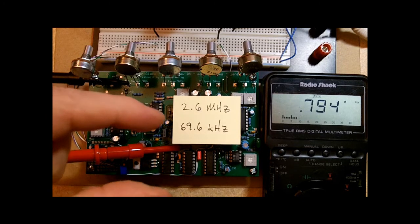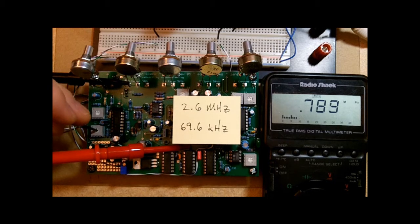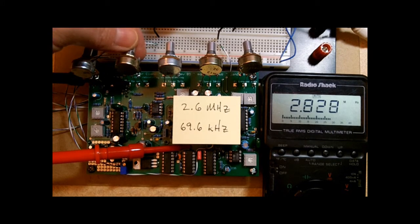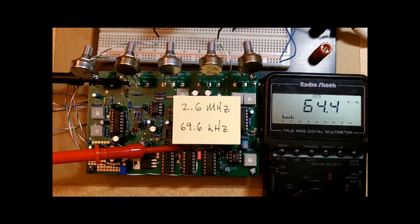Okay, now that's going to move whatever the range is, it's just going to move everything up. And I'm going to turn it up, and we can see the meter's responding. I'm going to overshoot the 2.6 a bit because I know I'm going to have to change the range as well. Okay, I'm going to go to about there, and I'm going to turn the manual down to 0 and see how far up that brought the minimum frequency. Okay, 64.4 kilohertz. We want that to be